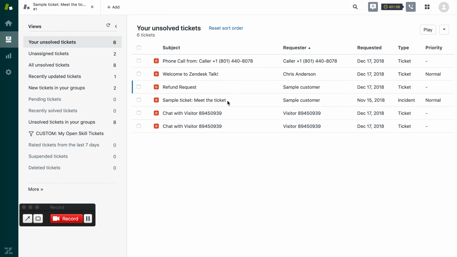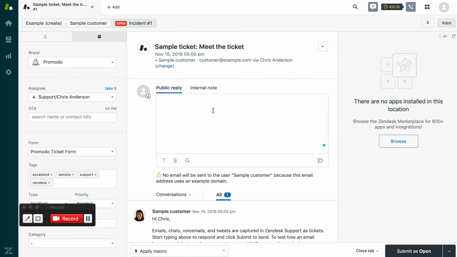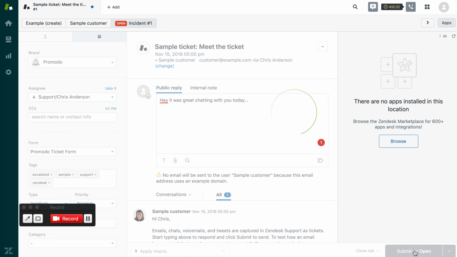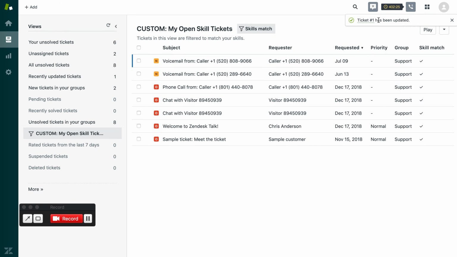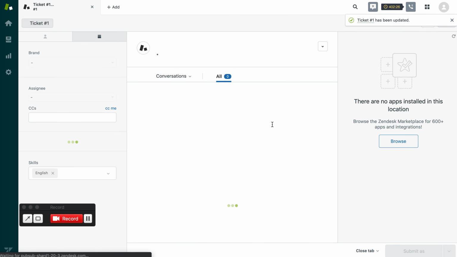So say you're working on a ticket with a customer and you've just sent an amazing message back to the customer. I am not one that does amazing messages, but let's just say like, hey, it was great chatting with you today. We're going to assume that there's a lot more content in this awesome message, but we'll leave it at that. Once I send that message off to the customer, I can go back to that ticket and